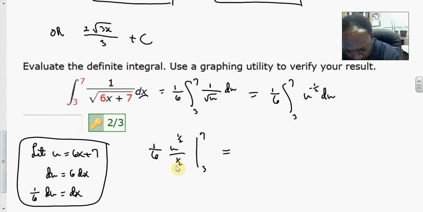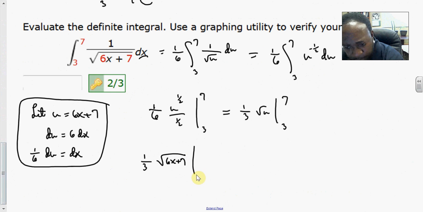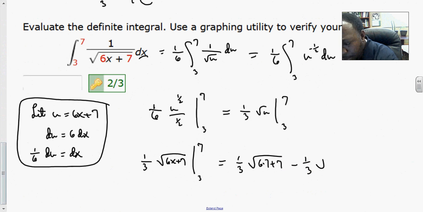Let's clean that up. This is 2 over 6, or 1/3, times the square root of u, evaluated from 3 to 7. That u is 6x plus 7. So this is 1/3 times the square root of 6x plus 7, and here we're evaluating that from 3 to 7. So we get 1/3 times the square root of 6 times 7 plus 7, minus 1/3 times the square root